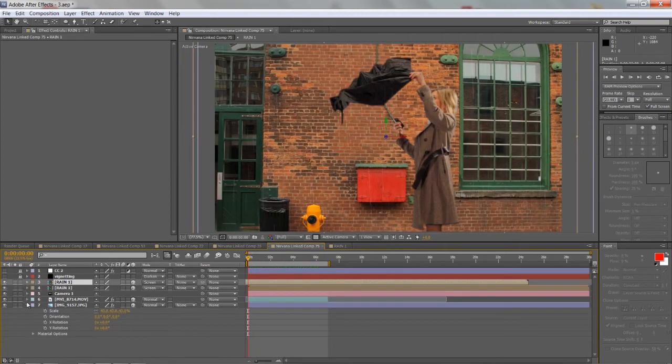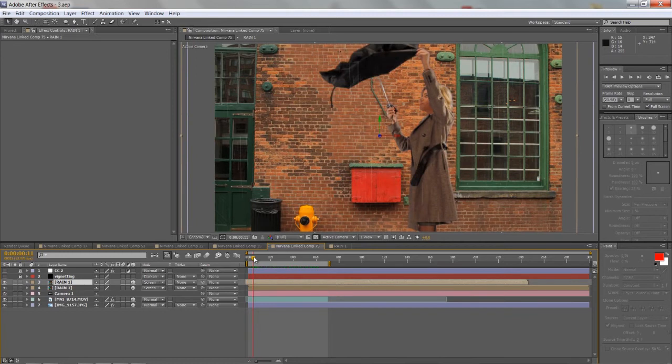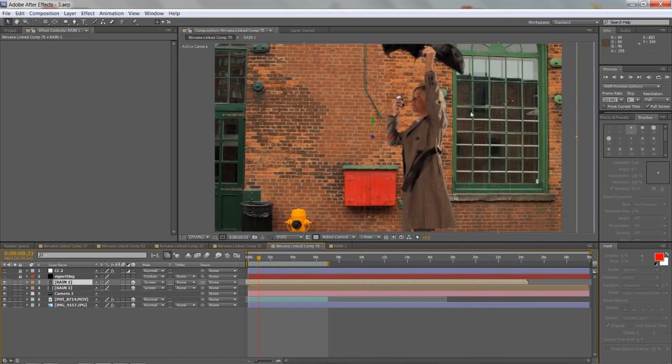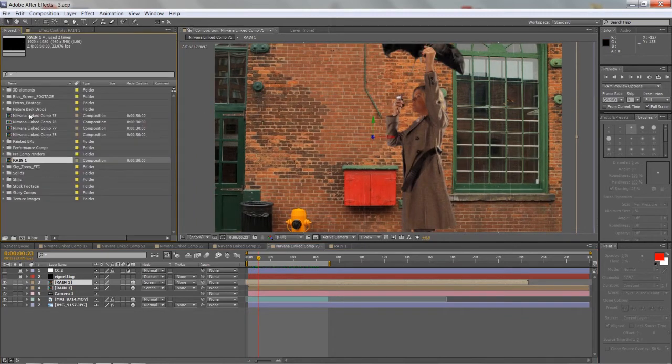Another thing we can add to make the shot even more alive is, you save it. You want to be saving every so often, just in case your computer crashes, because trust me, it happens to all of us. Okay, so another thing we can add is some other people there on the street because it feels kind of empty. So we'll go to our footage that we shot,